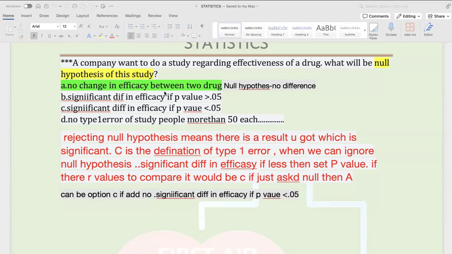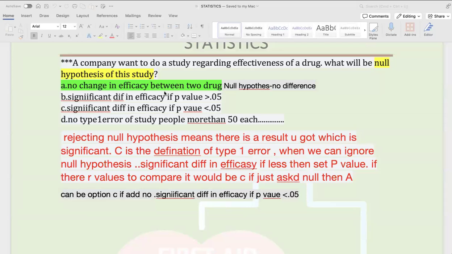So null hypothesis means that any kind of study result that we get in statistics, everything is just by chance. Okay, that means we're not doing anything, we're just getting the result out of nothing. So that's the null hypothesis. For a study to become significant, that study needs to reject the null hypothesis. And once a study can reject the null hypothesis, which means the study can prove that no, my result is not just happening by chance.